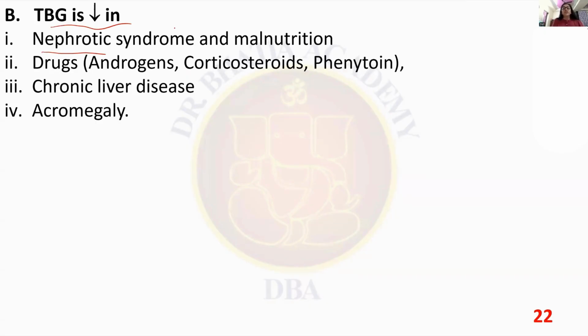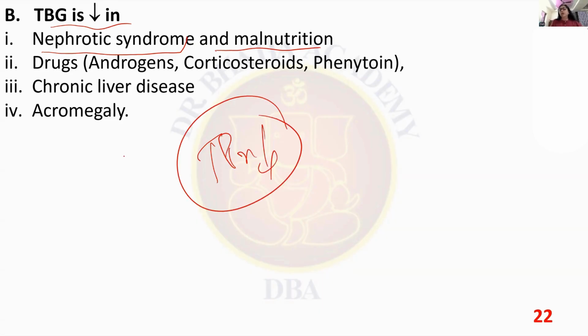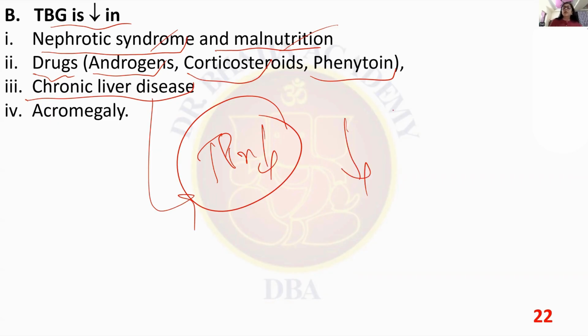TBG कम किस में हो जाएगा? कंडीशंस लाइक नेफ्रोटिक सिंड्रोम, कंडीशंस लाइक मैल न्यूट्रिशन, जिसमें भी टोटल प्रोटीन कम हो गया बॉडी का, एनी कंडीशन वेयर यू आर लूजिंग योर प्रोटीन लाइक नेफ्रोटिक सिंड्रोम, मैल न्यूट्रिशन, सर्टन ड्रग्स लाइक एंड्रोजन्स, कॉर्टिकोस्टेरॉइड्स, फेनिटोइन, chronic liver disease again because of decreased protein production, conditions like acromegaly. So these are the conditions जहां TBG कम हो जाएगा,